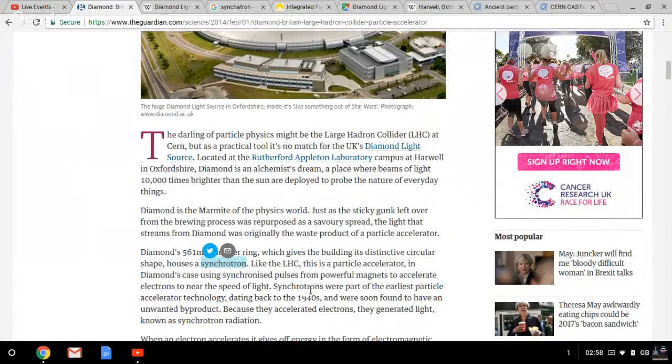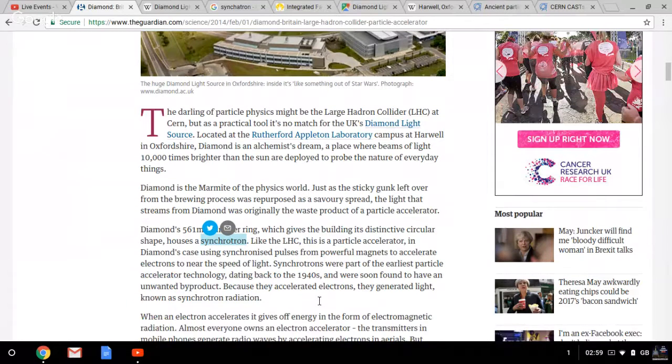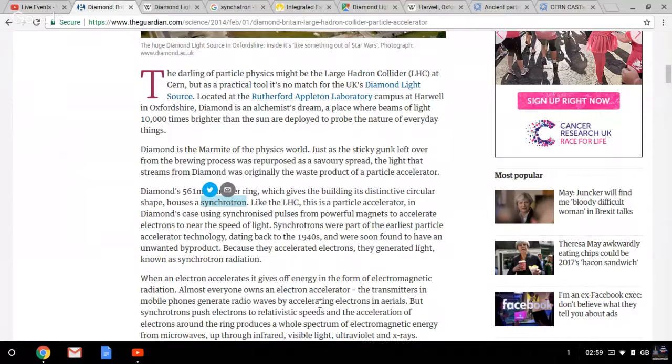Like the LHC, this is a particle accelerator. In Diamond's case, using synchronized pulses from powerful magnets to accelerate electrons to near the speed of light. Synchrotrons were a part of the earliest particle accelerator technology, dating back to the 1940s, and were soon found to have an unwanted byproduct. Electrons generated light known as synchrotron radiation. When an electron accelerates, it gives off energy in the form of electromagnetic radiation. Almost everyone owns an electron accelerator. The transmitters in mobile phones generate radio waves by accelerating electrons in aerials,